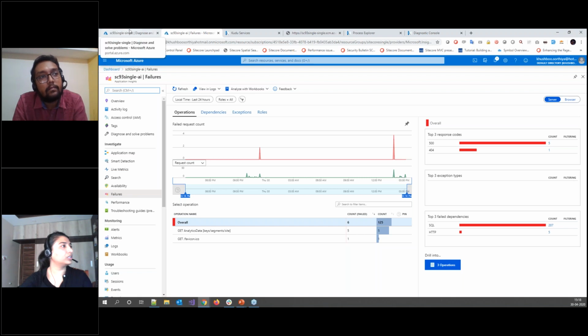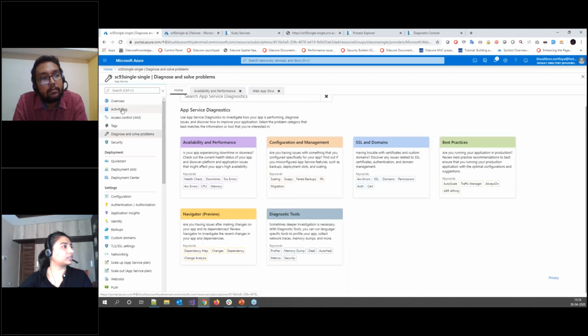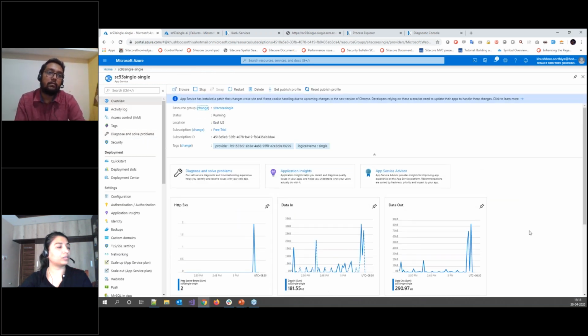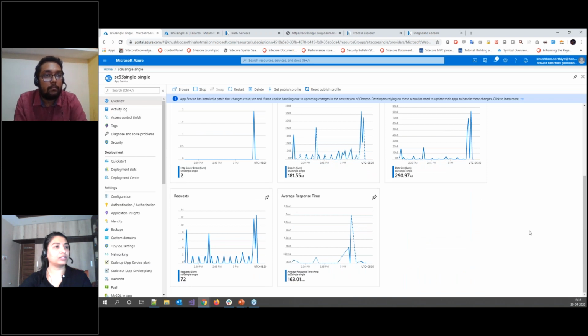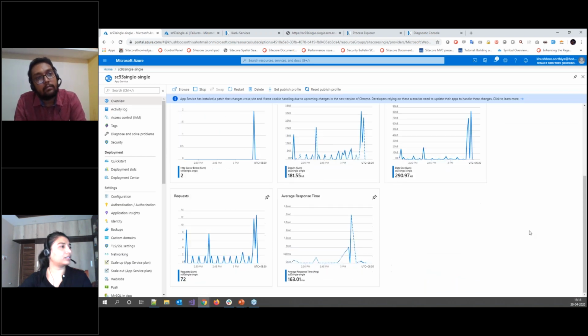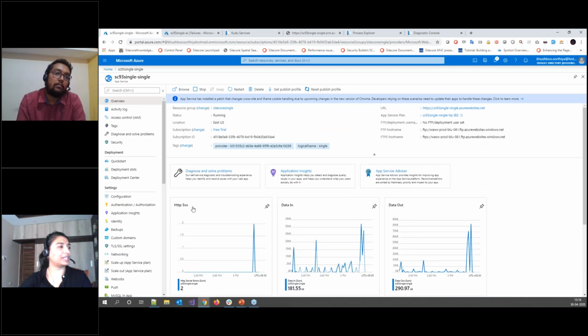Now let's see how we can add multiple charts, the other charts from other Azure resources, to this application dashboard. So I'm navigating to the web app of my application. And here also in the overview panel, some of the metrics are already shown by Azure. Let's say I want to pin this metric to my application dashboard. So I'll click on this and it will pin this chart to the application dashboard.